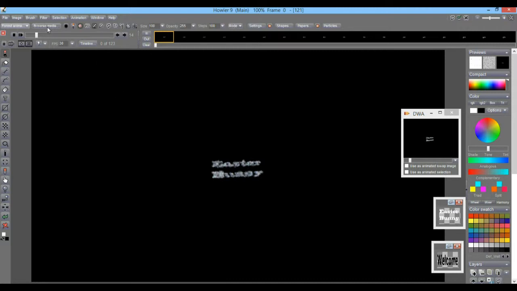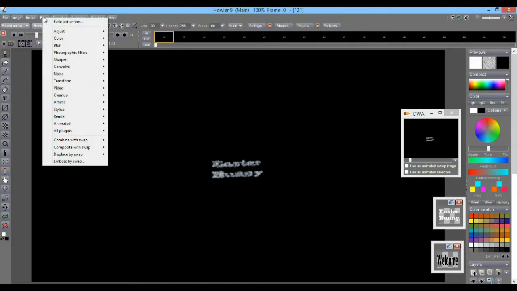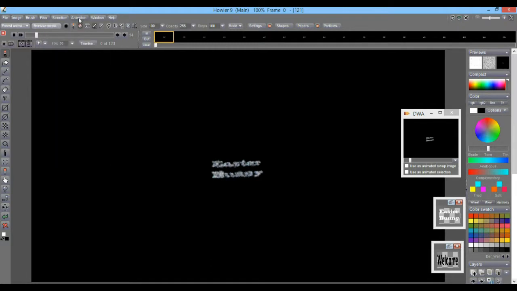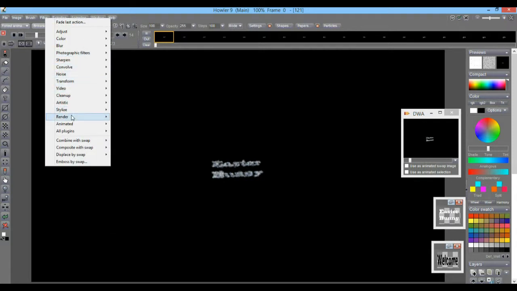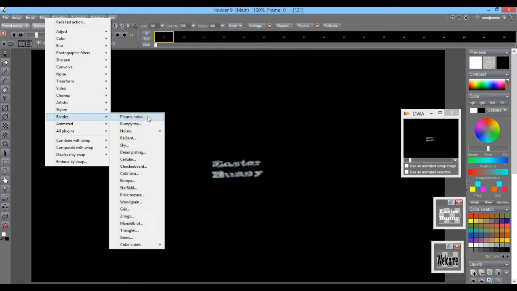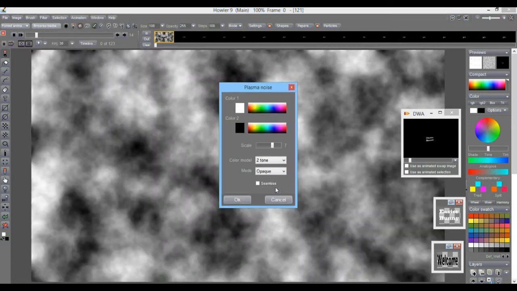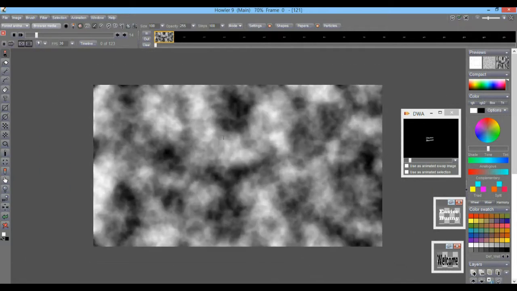Let's do another thing. Let's do the 3D Designer. I wanted to show you, if you take, let's go clear the animation. Oh no, actually let's keep it like this. But let's go and render some pattern that we can use right here for the elevation map for the mountains. Plasma noise, something like this. And then let's make it a sort of mountain scene in the background, but kind of a low valley